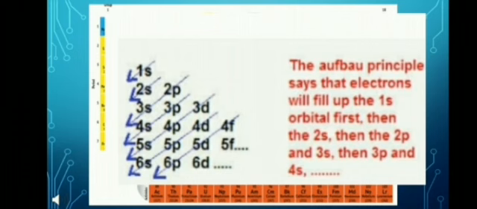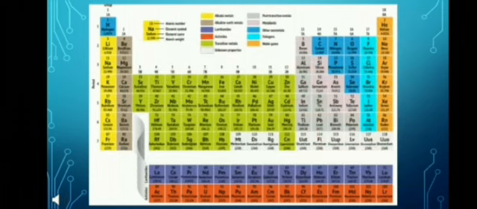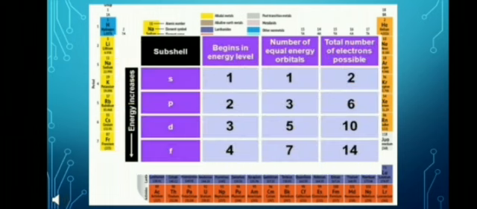और हमने हंट्स रूल भी देखा था, in which the pairing of electrons in the orbitals belonging to the same subshell. एक सबशेल में जब इलेक्ट्रॉन्स फिल होता है, पहले वो सिंगली फिल होता है और उसके बाद पेयरिंग स्टार्ट होता है. तो ये सब हमको इलेक्ट्रॉनिक कॉन्फ़िगरेशन लिखते टाइम हमको मालूम होना चाहिए. Then only we will be able to write the electronic configuration of the elements. And one more thing, you have to remember the difference between subshell and the orbitals.